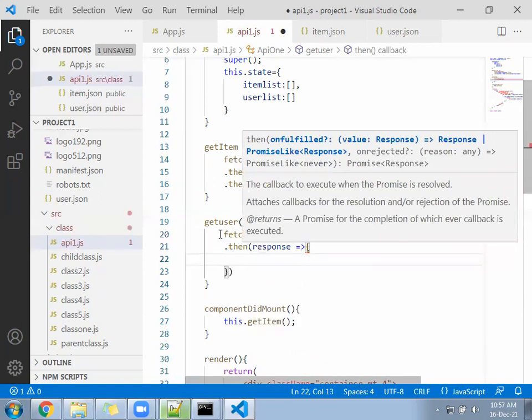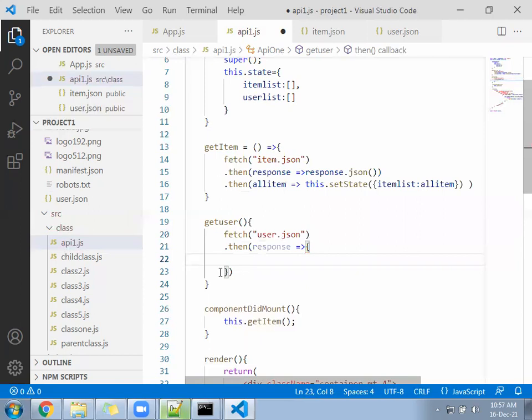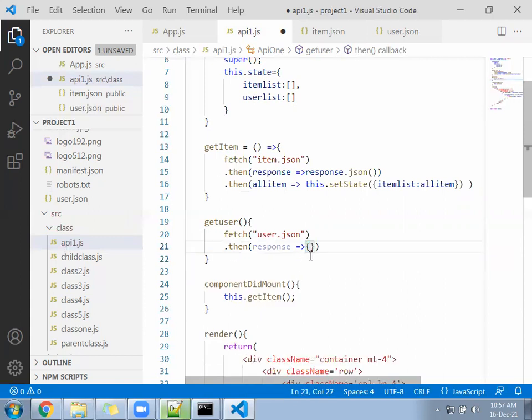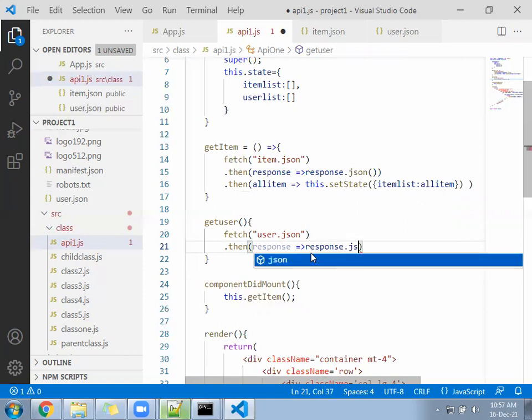Inside the response, okay, hold on. This response you have to convert into JSON. Response dot JSON.